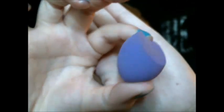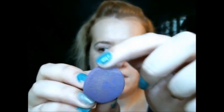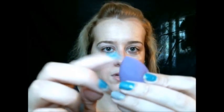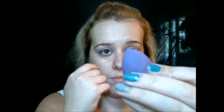And I'm going to take another new product that I finally found at Ulta after looking for like 3 weeks. My Real Techniques mini eraser sponge. I really like it because it's got a flat top and like your slanted side here, and it also has the pointed end like the Beauty Blender one does. So I've really been liking this so far, and it is damp. So I'm just going to go ahead and buff in my erase paste first,